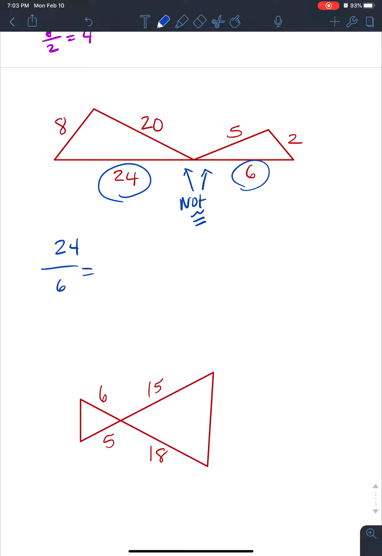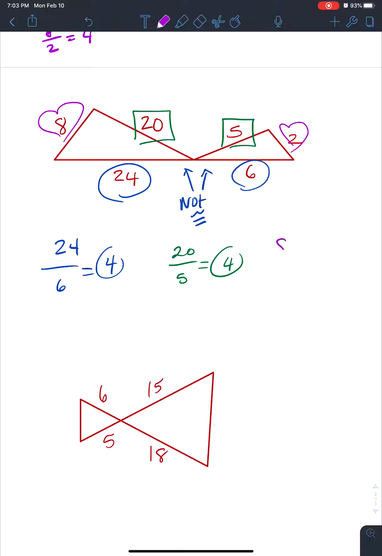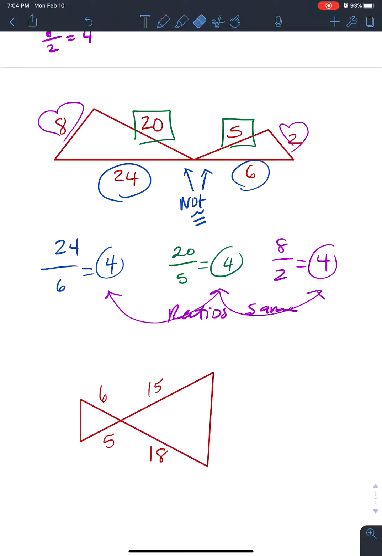So when you divide 24 and 6, you're going to get 4. Then you do the same thing for, let's do some pretty colors, 20 and 5. 20 over 5 simplifies to, you guessed it, 4. And last but not least, let's do a little heart around 8 and 2. 8 and 2, oh my goodness, that simplifies to 4. So you see how we have 3 ratios that are all the same. Therefore, these are going to be similar by,